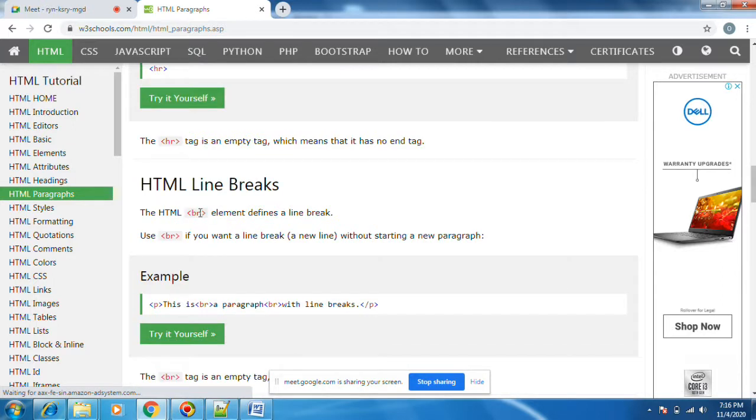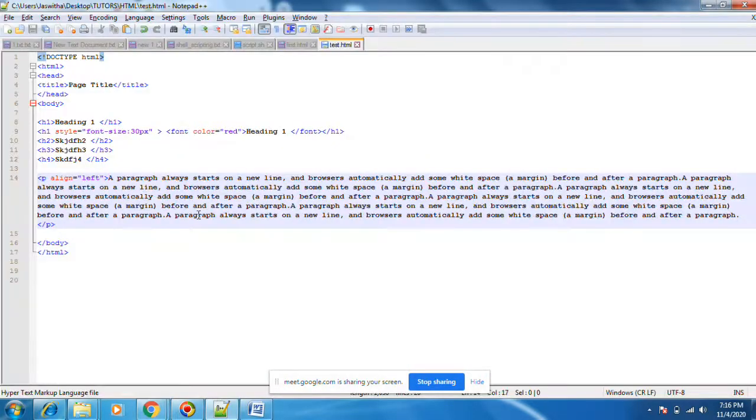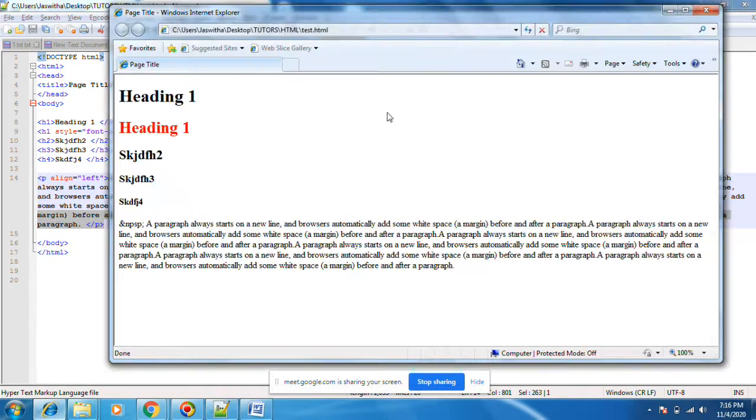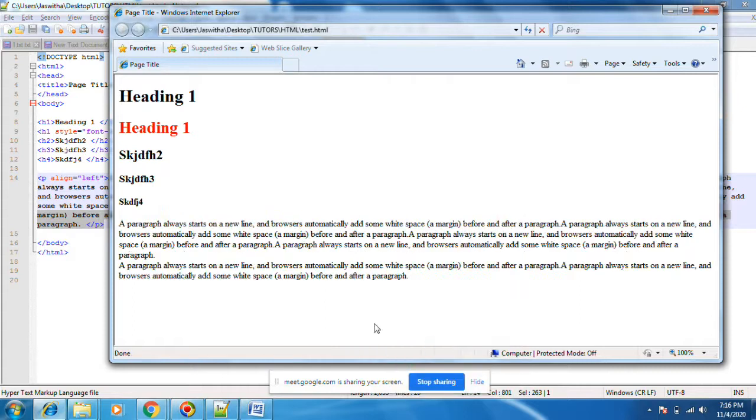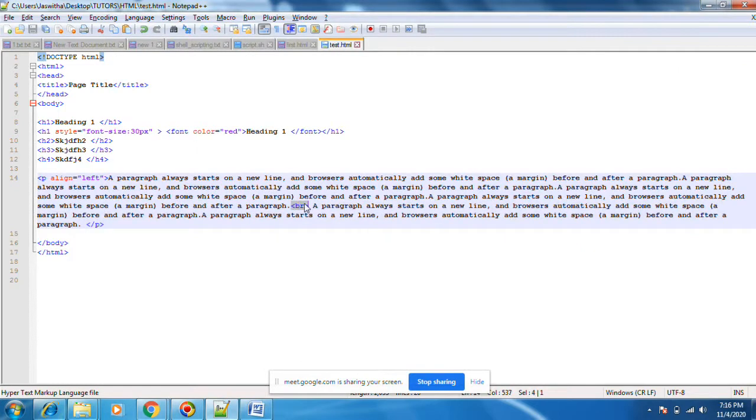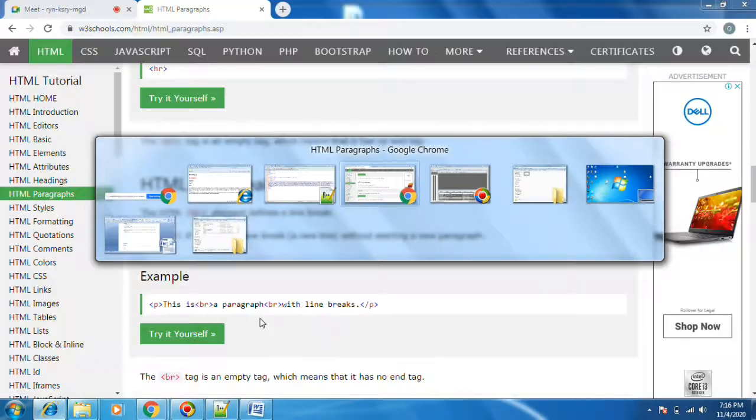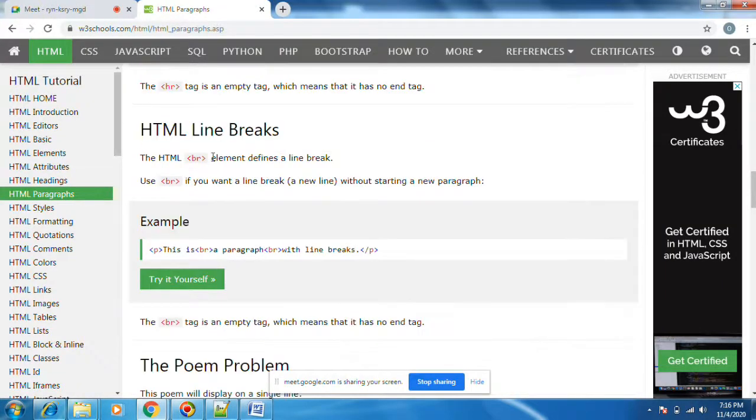Okay, break tag. BR means break tag, line break. Suppose after this I want to print enter here, a new line. Just keep BR. Then after this line it will come to a new line. Let's refresh this one. You see, this is coming to a new line. BR tag is making this a new line, whatever it may be. Line break, okay, BR means that.